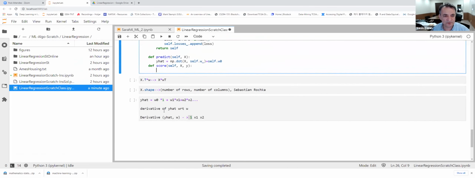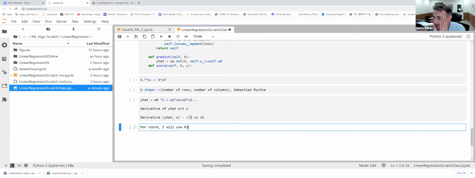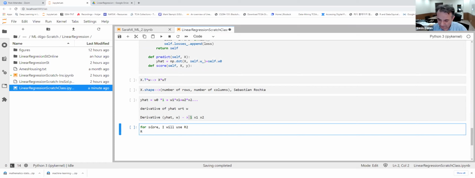Okay, anyways, let me write it here. For score, I will use R squared. Now let's think, what is R squared? R squared, if you check the literature, is nothing but 1 minus,